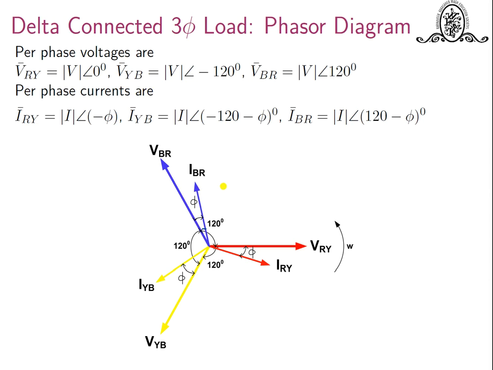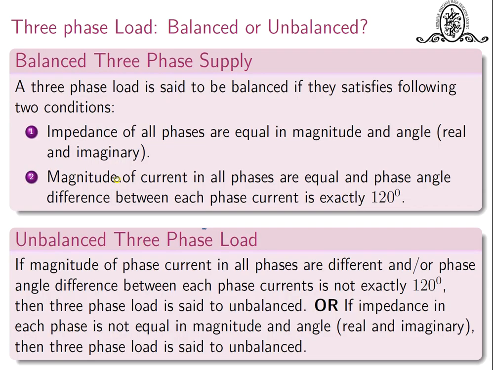You draw the phasor diagram. What will be the change? The voltage phasor will not be changed. The current phasor will be leading in case of RC, and it is in phase with the respective phase voltages with phi equal to 0 for R type of load. So phi may be on this side for RC load. So this is about the three phase delta connected load.